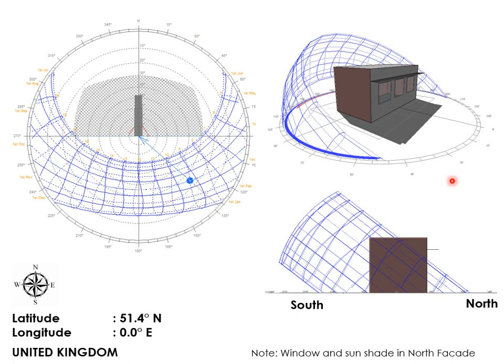If you go to the United Kingdom, of course you can see the tilt very highly because it's 51.4 degrees north and the longitude is almost 0.0 degrees east. The whole facade will be affected because of the sun's movement rather than the roof. So their main focus will be whether to protect the south roof or to get more enhanced daylight in the southern portions. By these charts and this ecotect drawing, we can really understand how the sun is going to move if you are in the northern hemisphere.